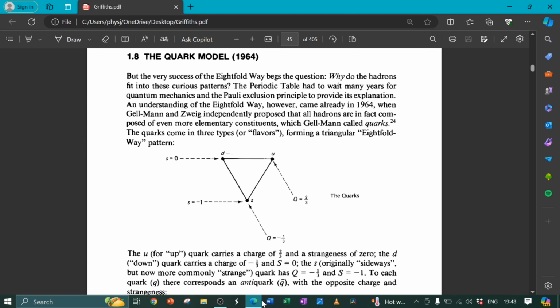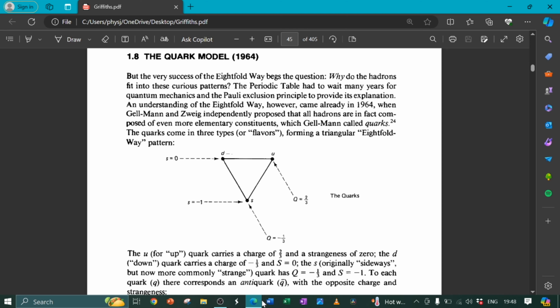Quark Model, 1964. But the very success of the Eightfold Way begs the question, why do hadrons fit into these curious patterns? The periodic table had to wait many years for quantum mechanics and the Pauli exclusion principle to provide its explanation. An understanding of the Eightfold Way, however, came already in 1964 when Gell-Mann and Zweig independently proposed that